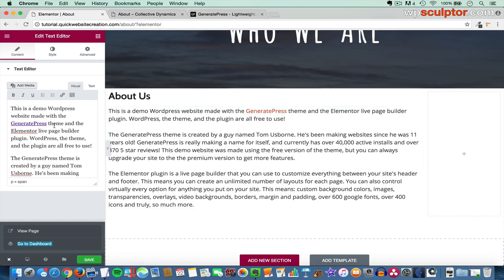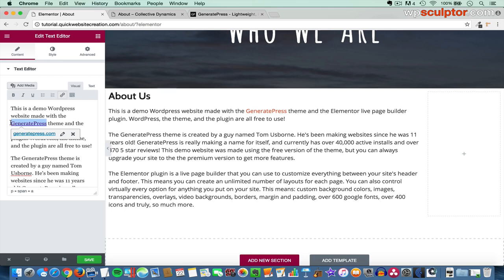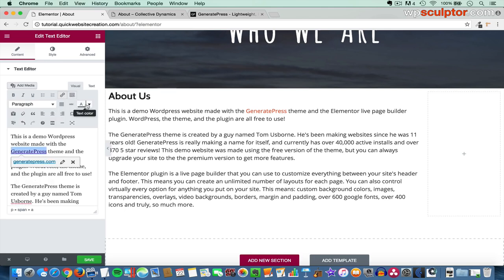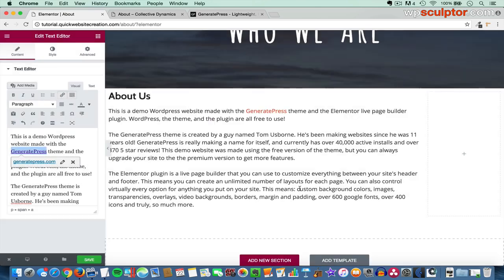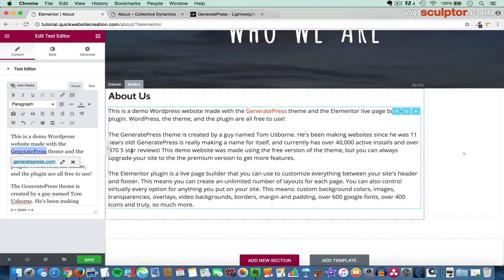If you wanted to change the link color, you could select the link and then click on this toolbar toggle icon, and then click on the A icon, and then click on Custom. And right here, you could replace the 6 zeros with a custom hex code. But we're going to leave the link colors set as they are, and then I'm going to make one more